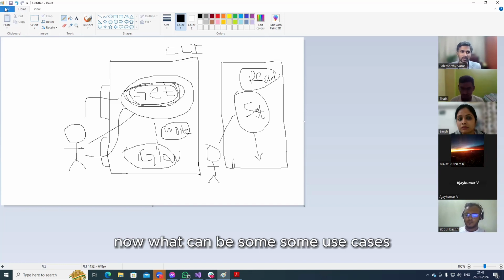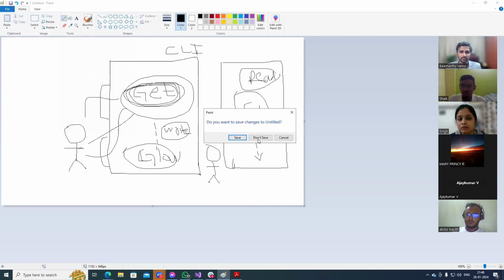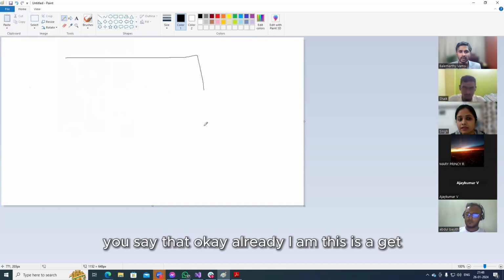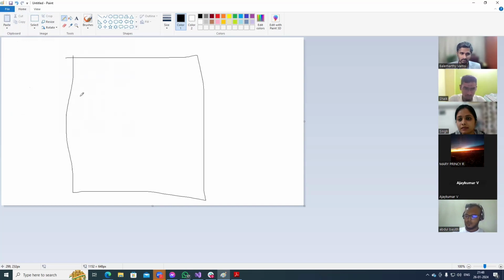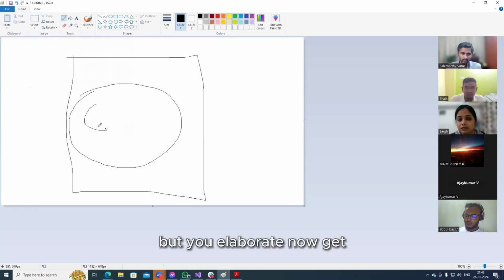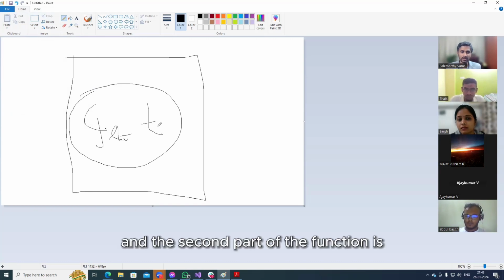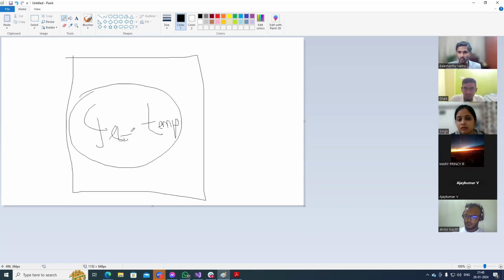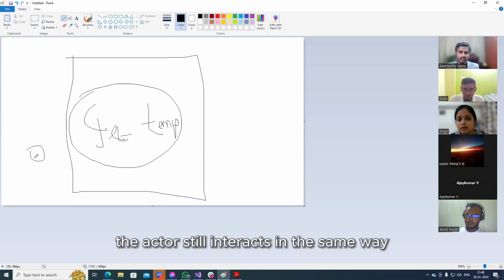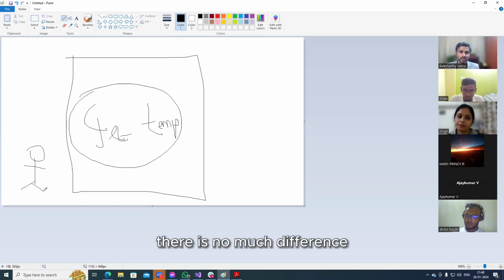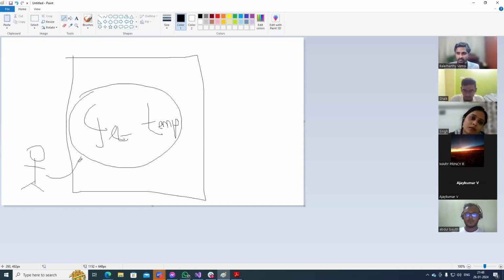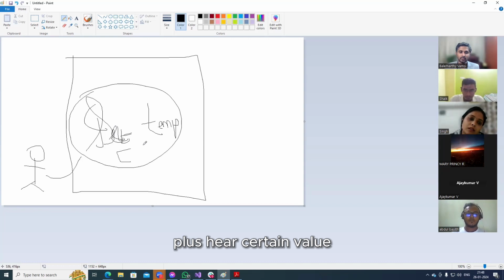Now, what can be some sub use cases? You say that, okay, already this is a get, but you elaborate now. Get. And the second part of the command is get temp. One level below, the actor still interacts in the same way. There is not much difference. Set temp plus a certain value.